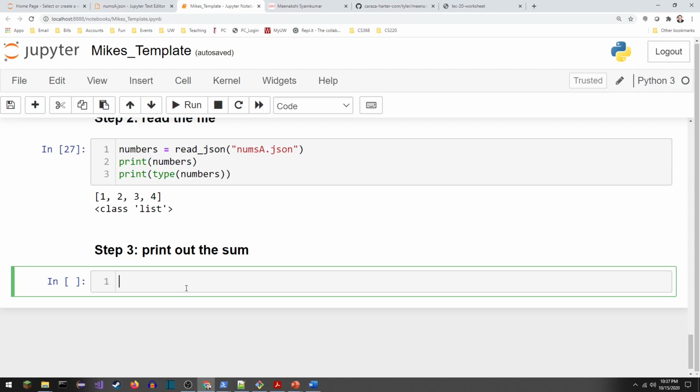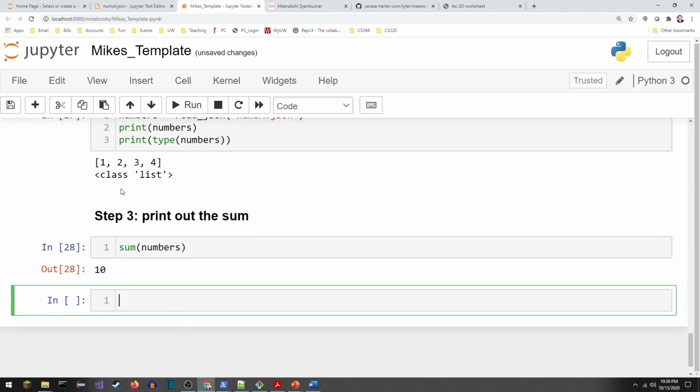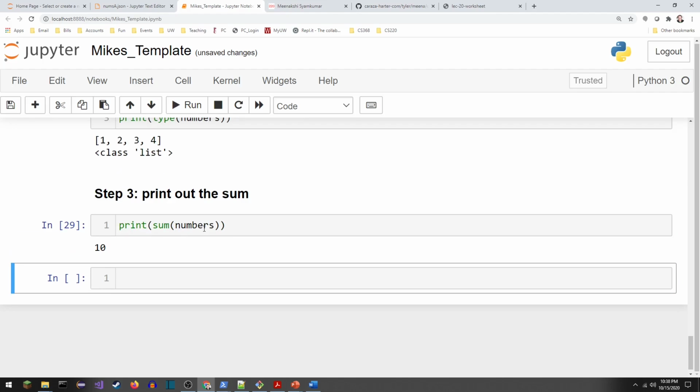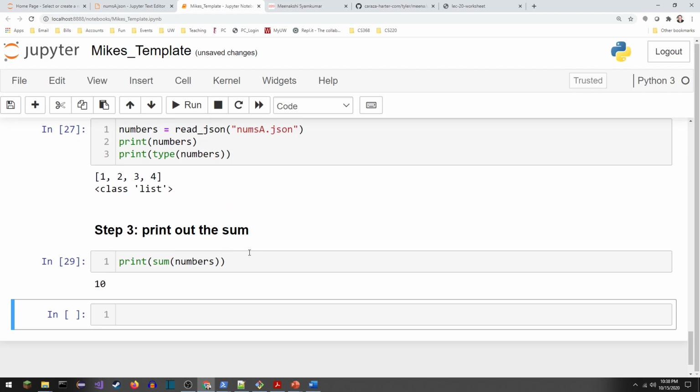All right. So the next thing I want to do is print out the sum. Many of you guys have probably discovered this already, but there's a cool built-in function that works with lists that's just called sum. And I can just give sum the name of a list, and if it's integers, it'll go through and add them all up. So 1 plus 2 plus 3 plus 4 is 10. Now, when I get over to idle, this is a great feature of Jupyter that it's just going to put things in the outbox for me. But I'm going to actually need to print this out when I move this to idle. Okay, that looks good. All right, I'm going to go ahead and open up idle and move all these in,